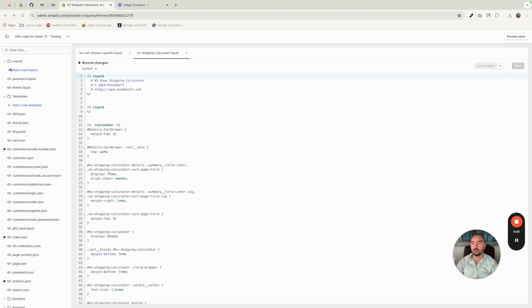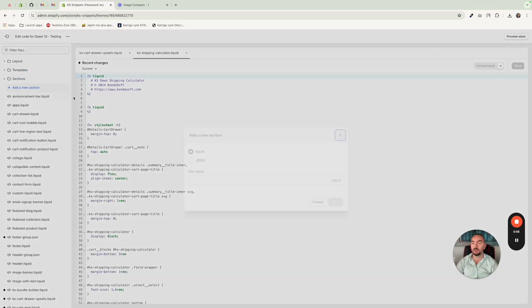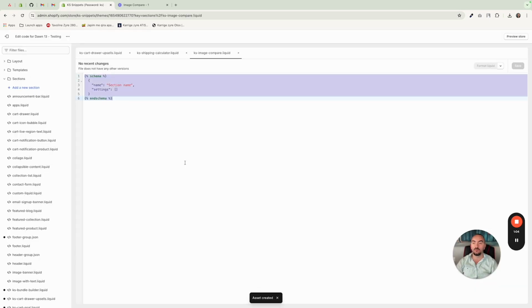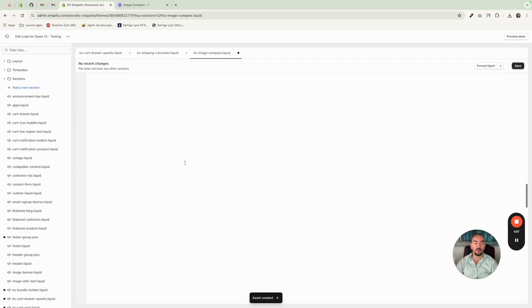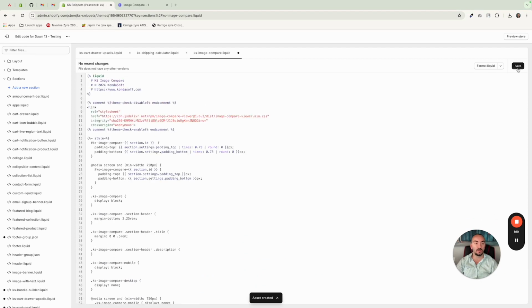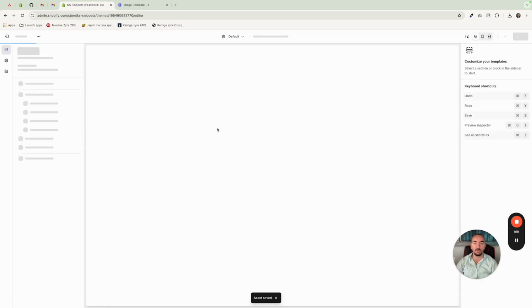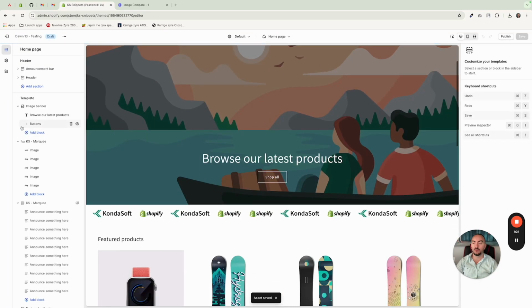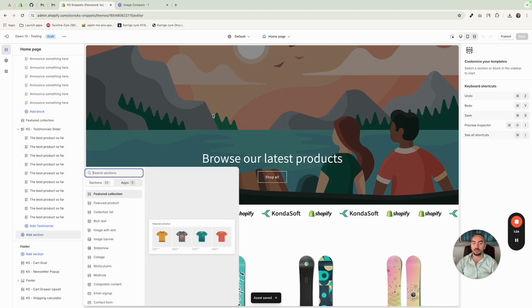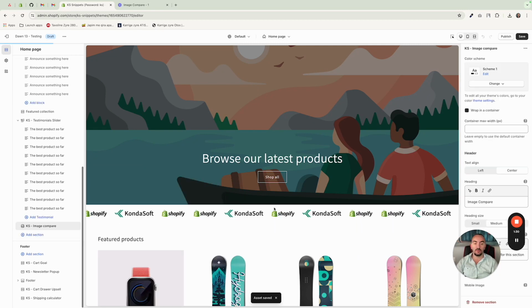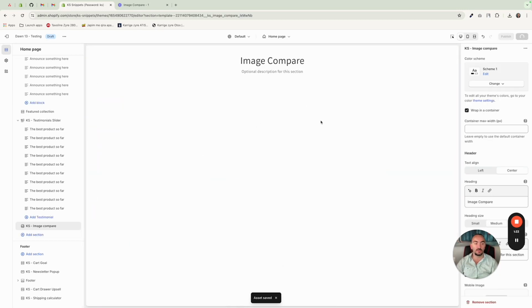Okay, all we have to do here is create a new section called KS image compare, and all we have to do is paste the file that you have just copied and hit the save button. Then again from the same theme, let's add the section here, KS image compare. Hit the save button,